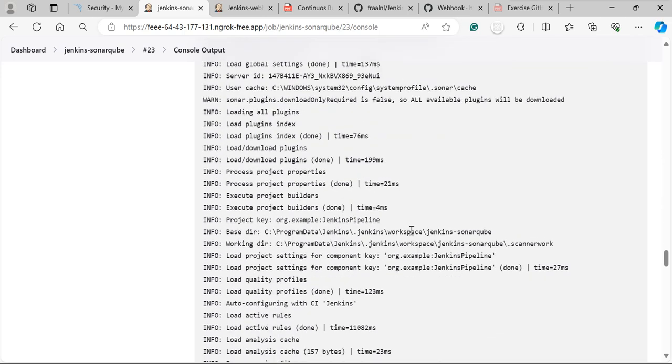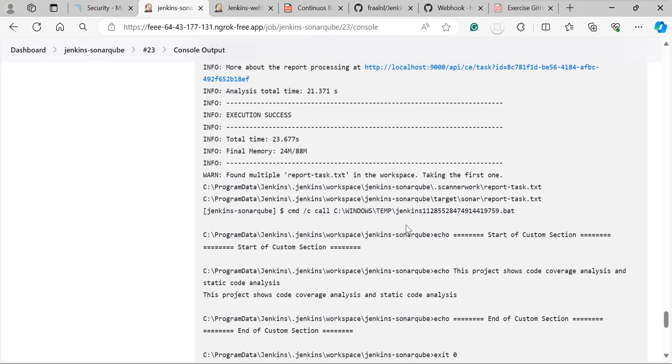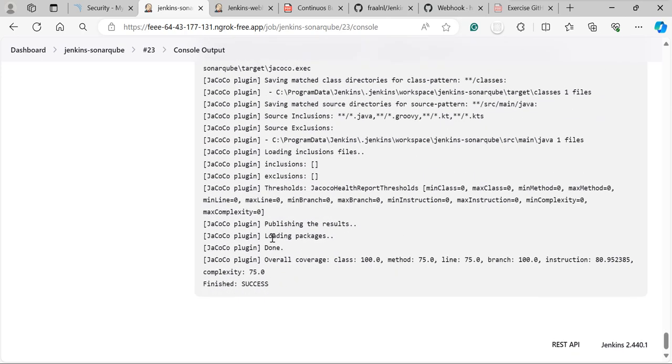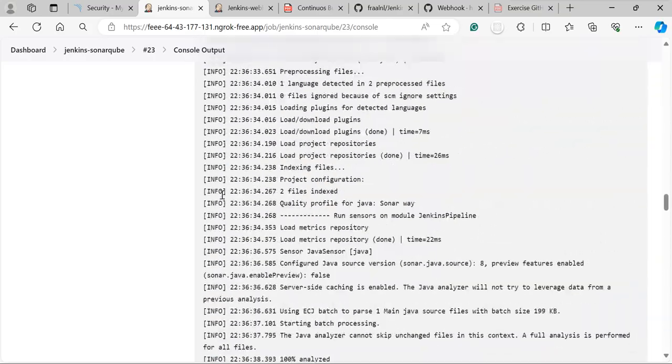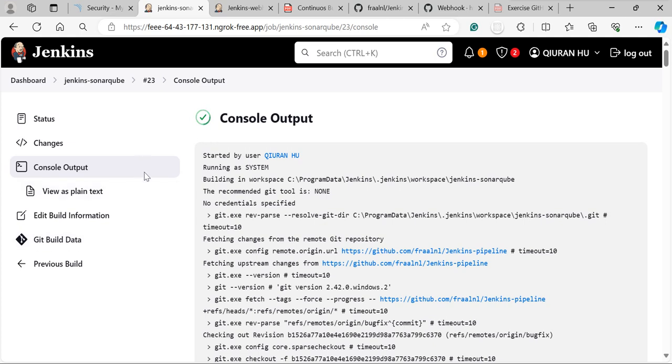Okay. Execute success. Now it is successful, so now let's go to see the